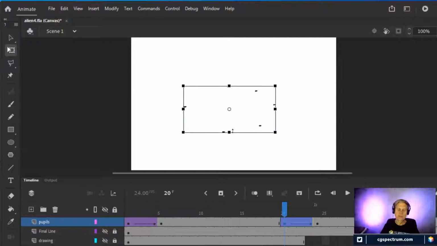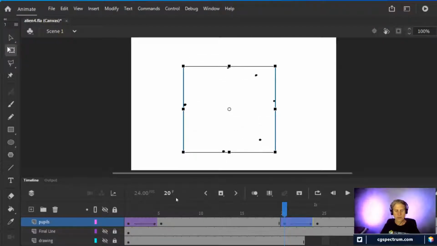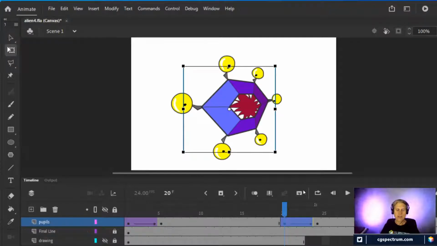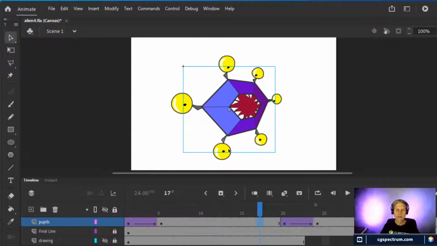But yeah, I could scale this, squash and stretch it, do whatever I want to once it's been grouped. But once I had it grouped, I could see that I would have to keep it within the confines of a specific realm, if you will. Grab the selection tool again. To move it, I would have to keep it within a certain area, or else it was going to jump out of the eyeballs themselves.